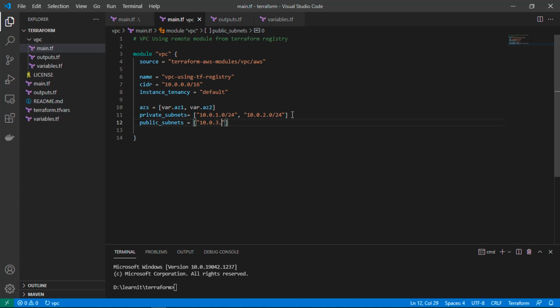So I am using 10.0.3.0/24 and 10.0.4.0/24 as our second public subnet IP range. So guys, we are done with the multi-AZ subnets configuration, and here the first subnet will be launched in the first availability zone and the second subnet will be launched in the second availability zone.